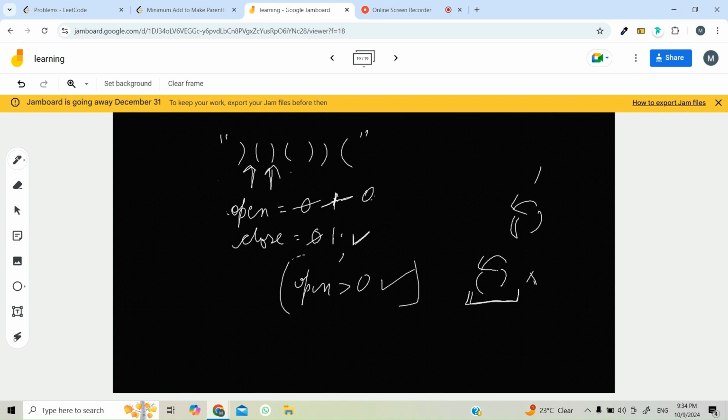Next, an opening parenthesis: we simply increase the count by one again. Okay, next, a closing parenthesis. Again we have to check if we have encountered an opening parenthesis before. To check that, we check the condition whether open count is greater than zero. Yes, we have encountered one, because open count is greater than zero, that is one, so we will simply decrease